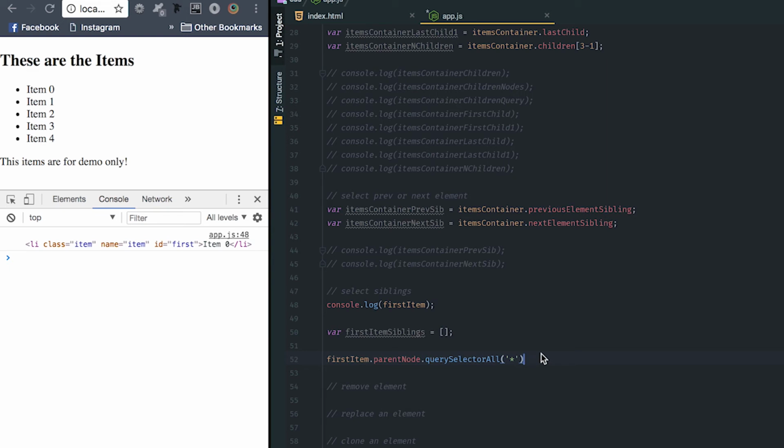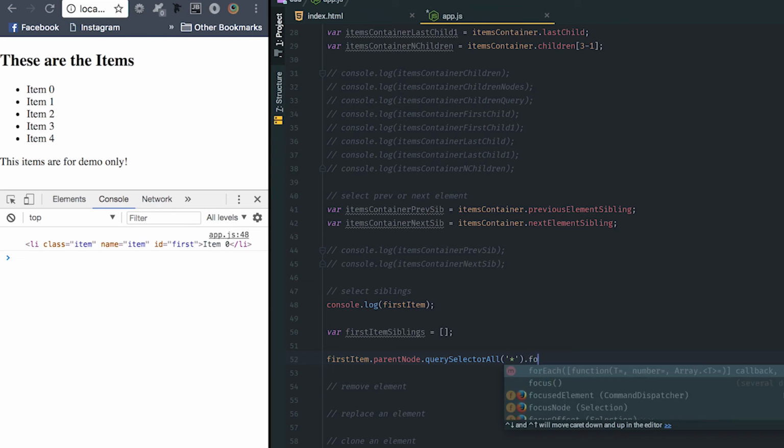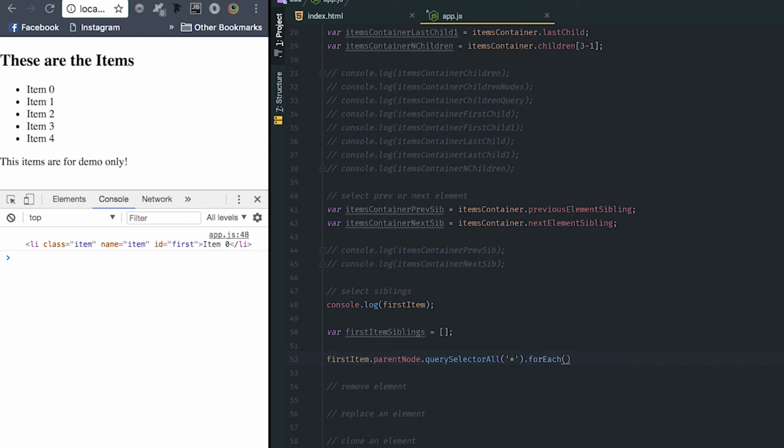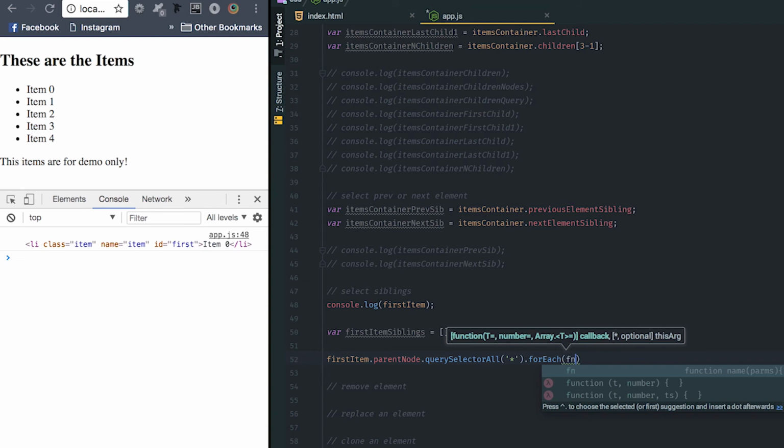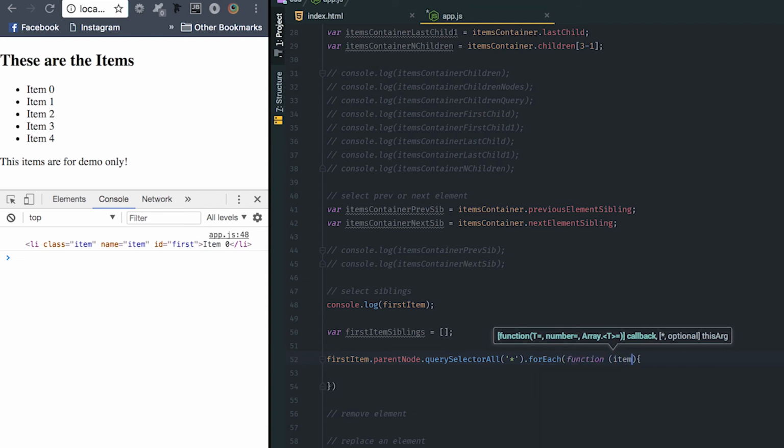Remember, like I said before, this returns a node list, not an array, so I cannot do array functions with it directly. Because this is a node list, like I showed you before, there's a forEach option that I can run through this, and it takes a function which does what you need to do